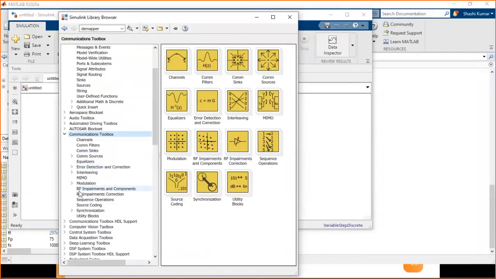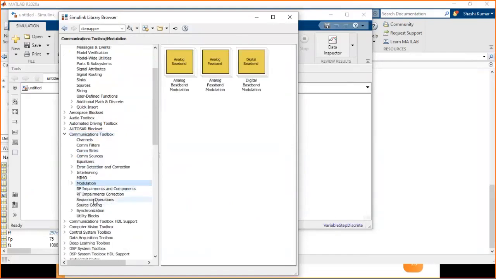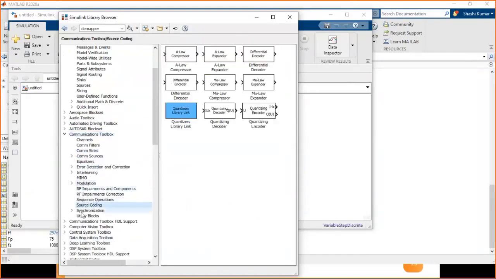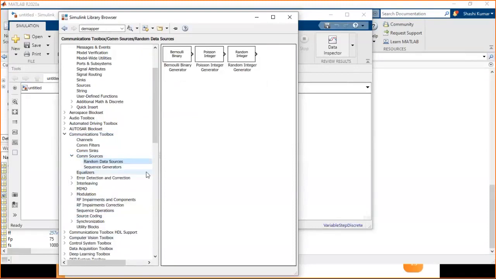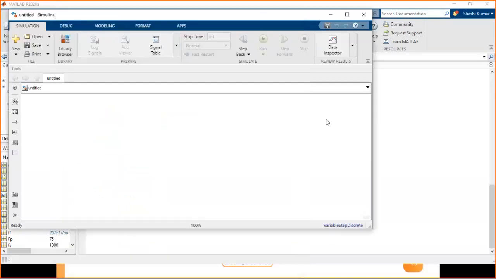models here. You can do some modulations, you can do some source coding. You can use sequences to work with. MATLAB also has some random sources and sequence generators which can be used for source generation. Since you're simulating, you want real-time data to be coming in. These blocks will help you in generating the random data which can be given as an input to your